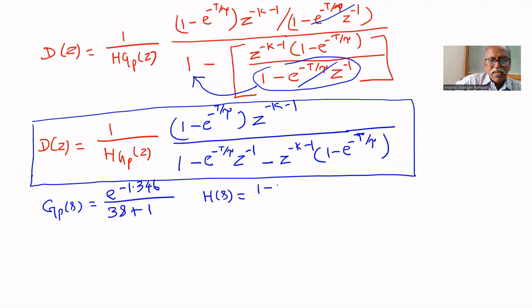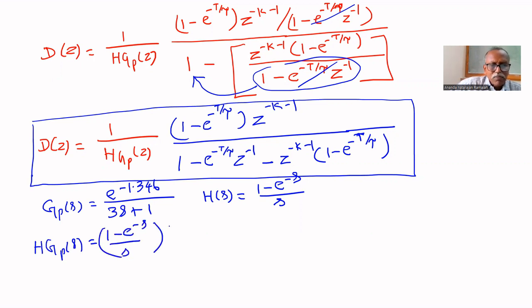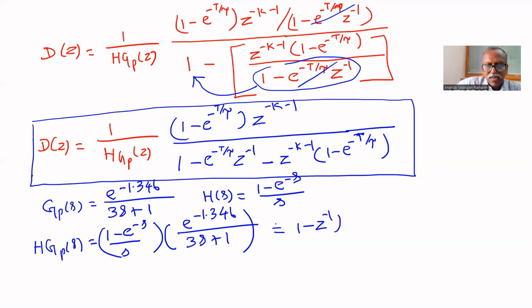The hold circuit is 1 minus e power minus s upon s, as the sampling period equal to 1. Therefore, HGP of s equal to 1 minus e power minus s upon s multiplied by e power minus 1.346 s upon 3s plus 1. That is equal to 1 minus z power minus 1, if you take the z transform. HGP of z equal to,